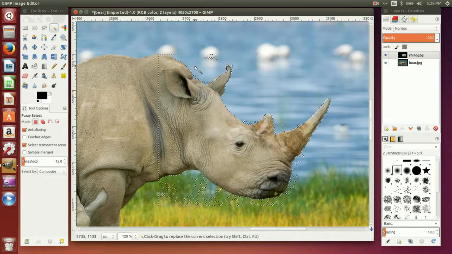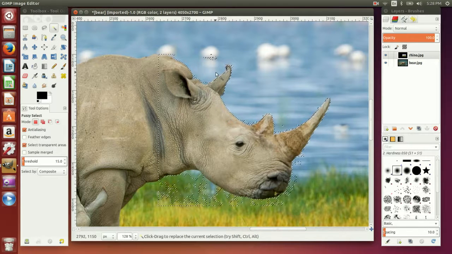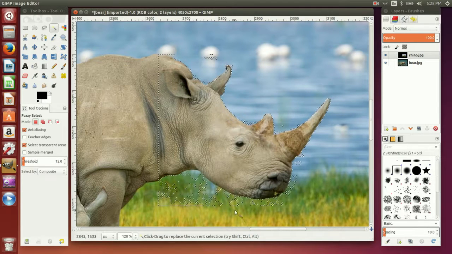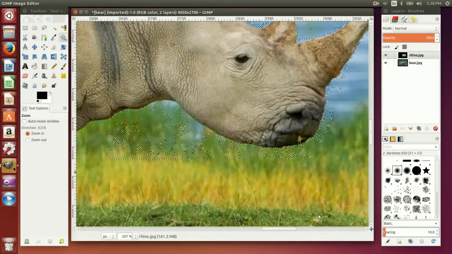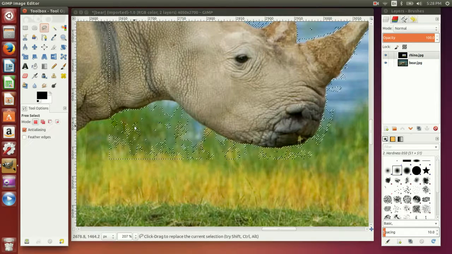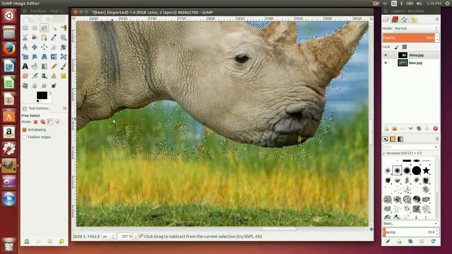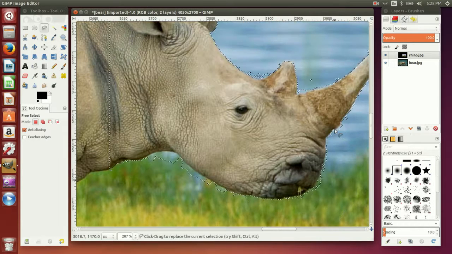Now, in this case, I'm removing pixels instead of adding pixels. So I'm slowly whittling away the pixels until there's nothing left but the rhino head. Down here, I'm going to zoom in a little more, and again, grab the magic lasso and hit deselect, and just get really all of this sort of leftover pixel waste that I'm not interested in. All right, and